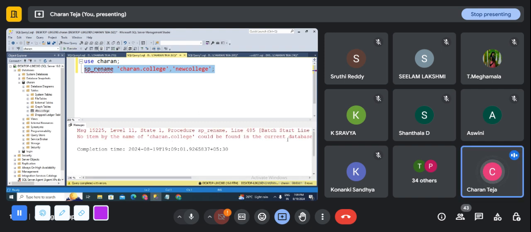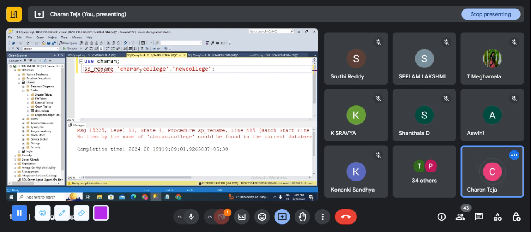could be found in the current database. A table only we are deleting, right? We can directly do tables. College, and here is a table which is related to the Charan database itself. Then what's the issue with this? Dependency is also right. Let me check that one once. Syntax is right only. Might be somewhat